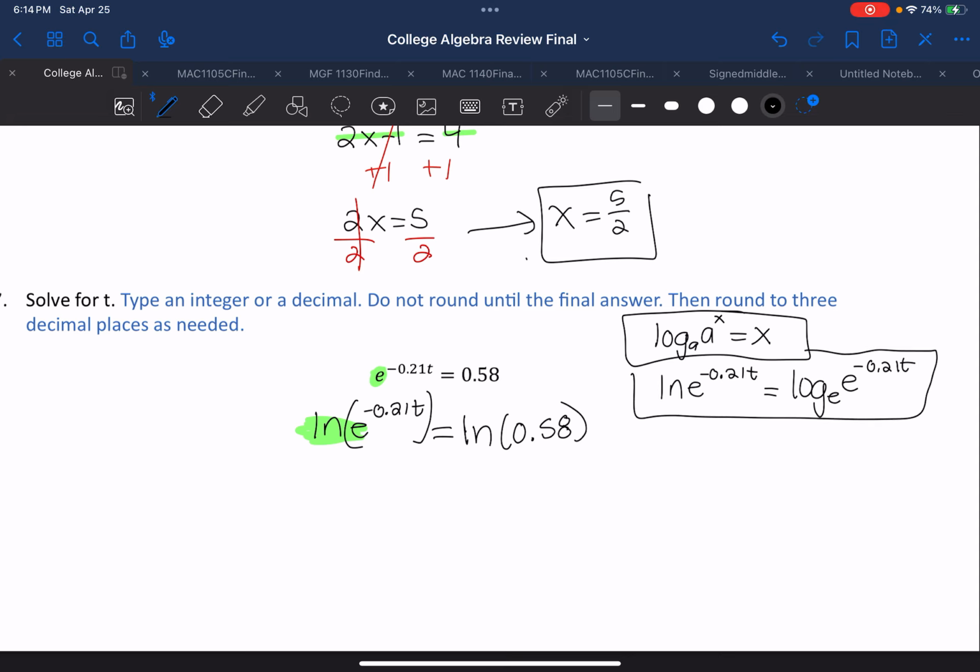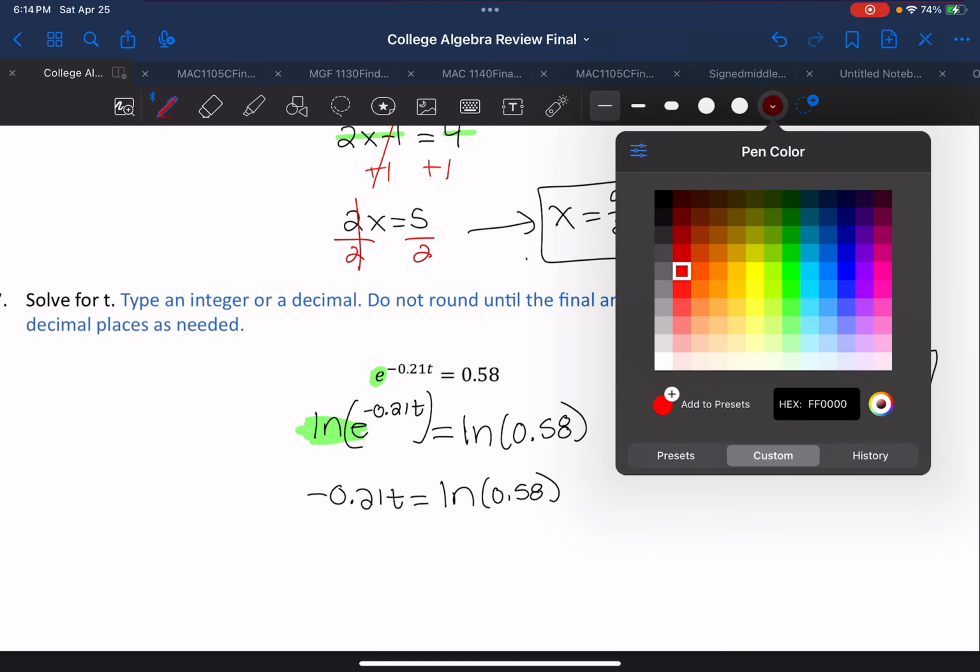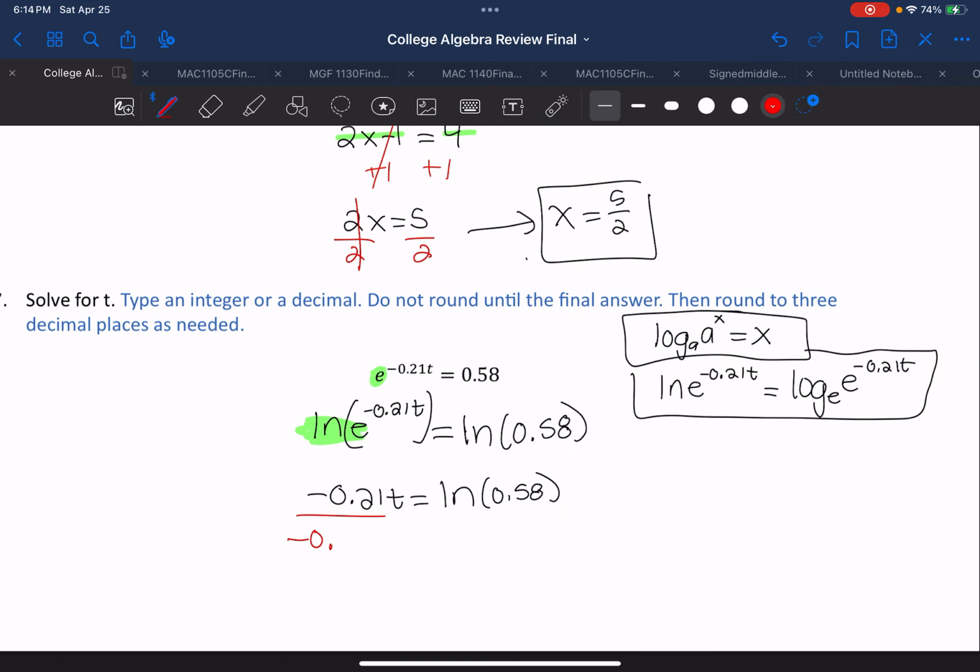So that will just cancel and leave me with negative 0.21t is equal to ln of 0.58. And then I will divide both sides by negative 0.21. So t will be equal